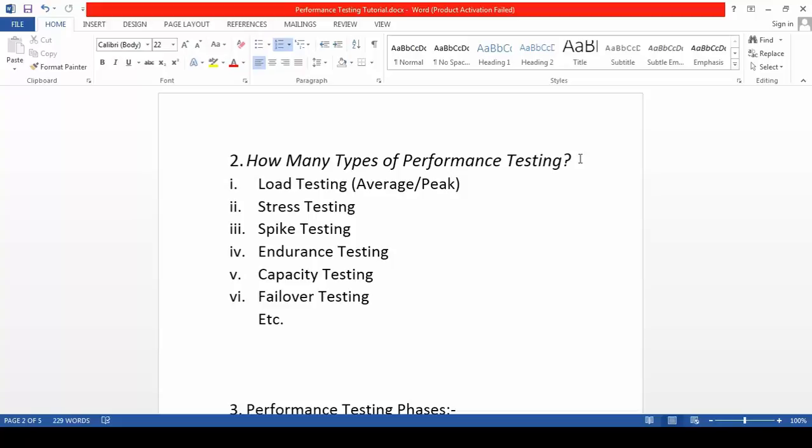And the last one but not the least is failover testing. Let's say you have two active software load balancers.